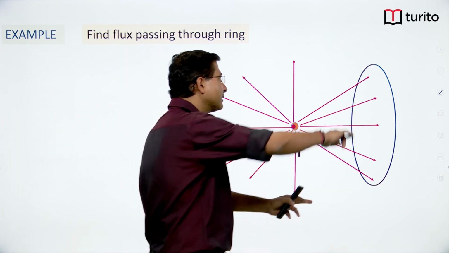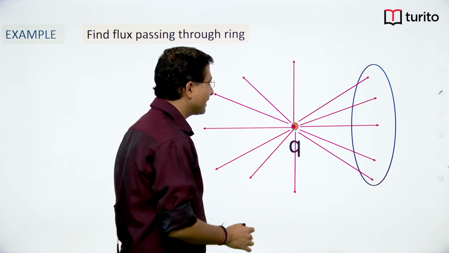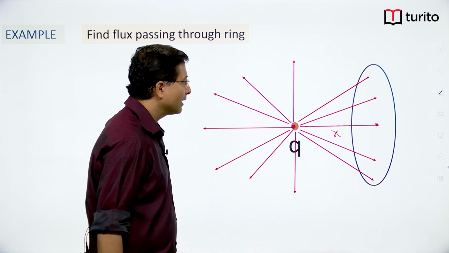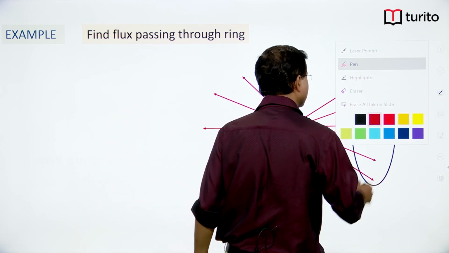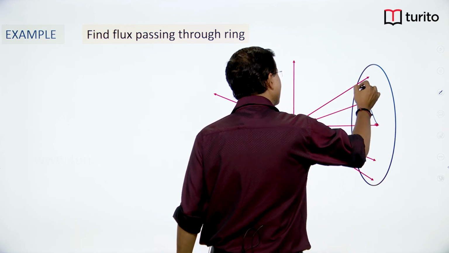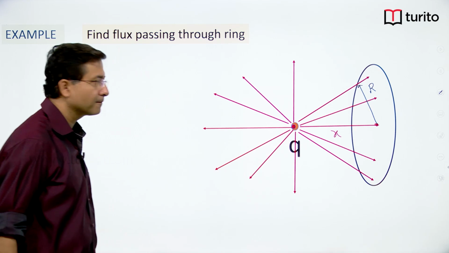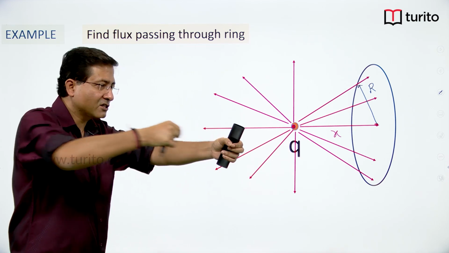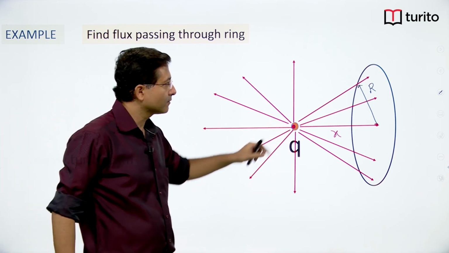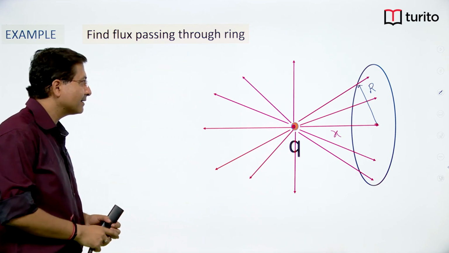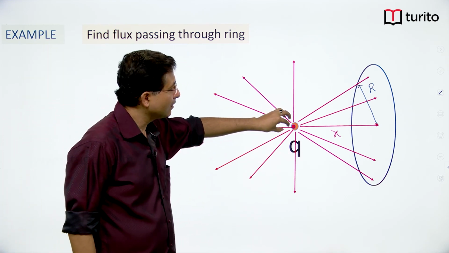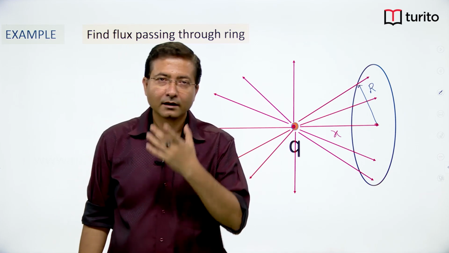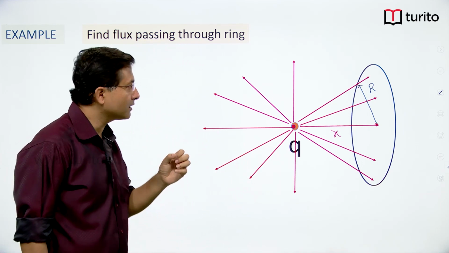So visualize an imaginary ring, say at distance x. So the center of the ring is at distance x, and say the radius of the ring is capital R. So I have considered a ring whose radius is R. I hope the diagram is clear. So we have got a ring of radius R, and from the center of the ring at distance x I have placed a point charge. So as you can see, out of all the lines originating from Q, a few lines will pass through the ring. If I ask how much is the flux associated with the ring,